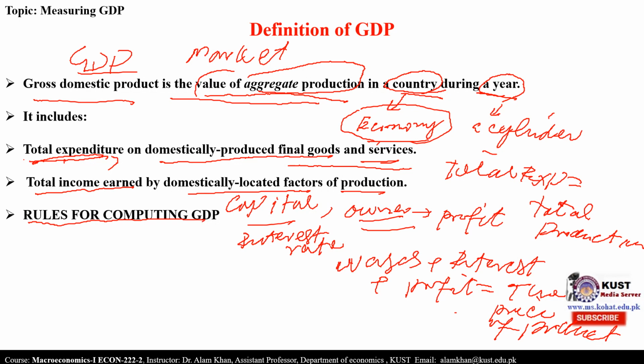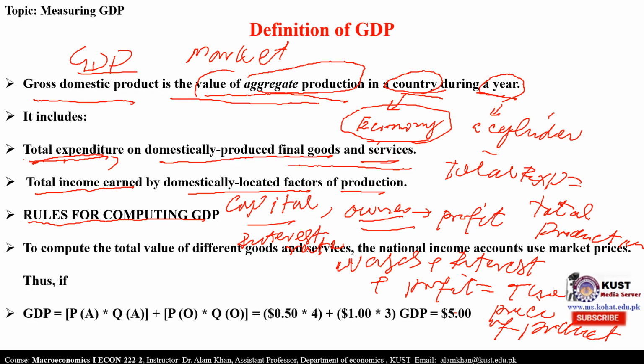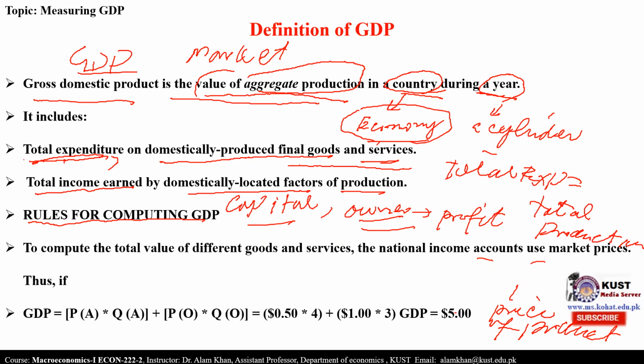Rules for computing GDP. How to measure the GDP? To compute the total value of the final goods and services, the national income account uses the market prices. The simple formula for measuring the GDP, for example,